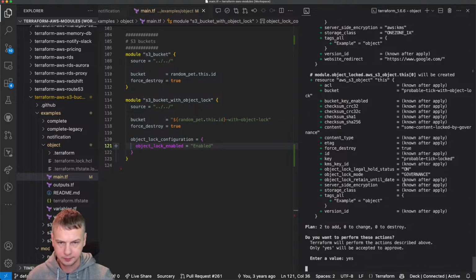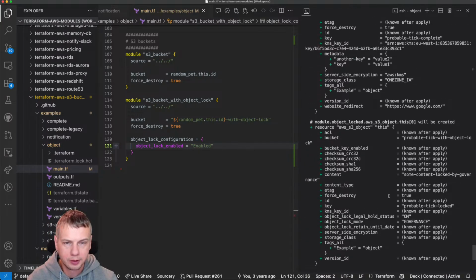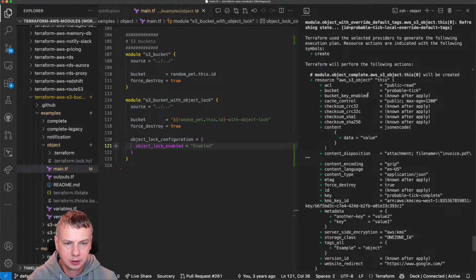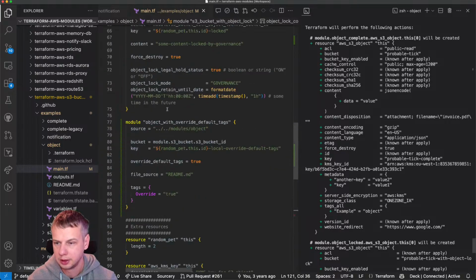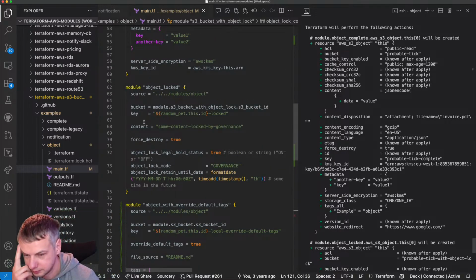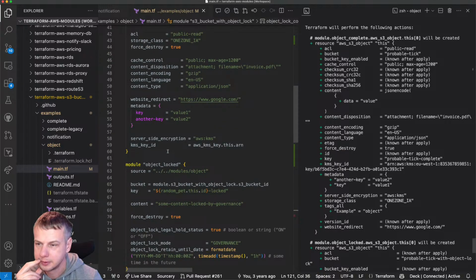No, it doesn't work. And which one doesn't work? Object complete example and object locked. Interesting. Object complete.